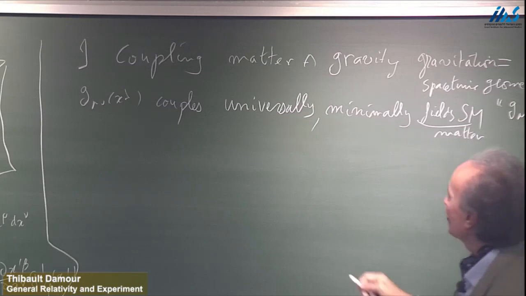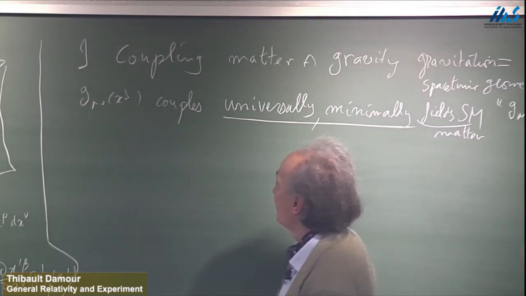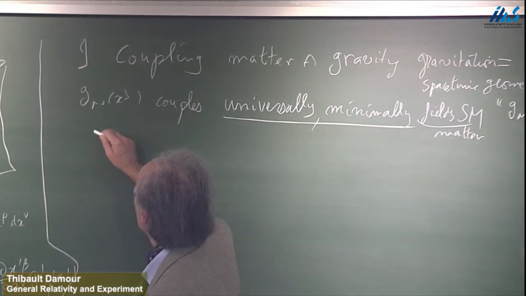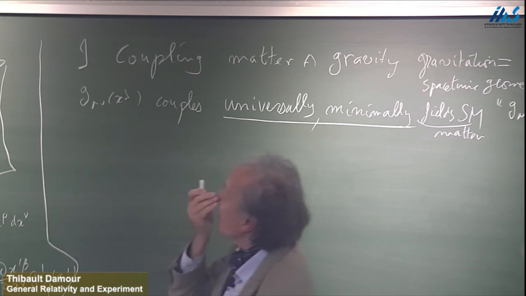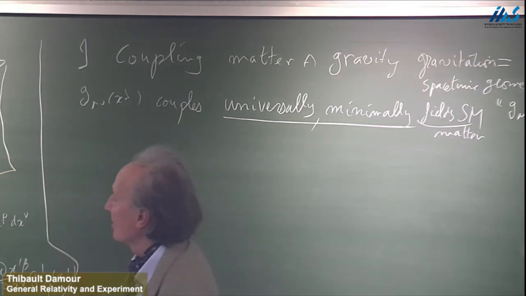So what does it mean? For this, we will take the structure of the Lagrangian of the standard model. The Lagrangian of the standard model is usually written by definition in special relativity,